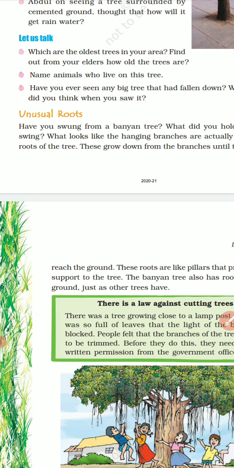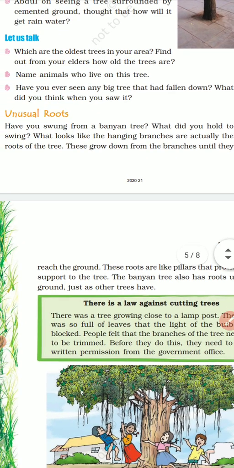Now, unusual roots. So, children, we have already seen the usual roots that all plants have. But there are some roots which are not usual, not natural or normal. Where do you find them? Have you swung